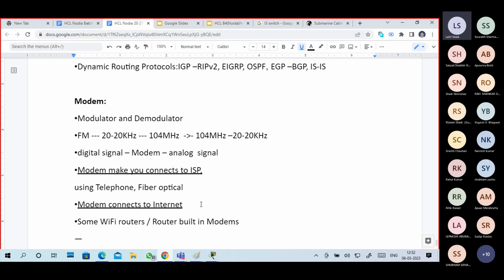But here, our modem is used to connect to the internet. Maybe in your home network, as I already told, you may not see a separate modem because your router has a built-in modem inside. Just before, I showed the Geo fiber optical cable. The Geo router is a Wi-Fi router, but it also contains a built-in modem where your username and password are stored, along with the connectivity to your ISP.